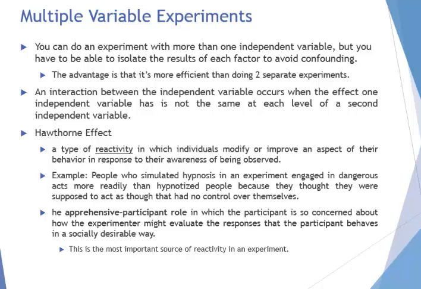Well, instead of just testing taste, you also want to test the effect of the label. So here you give all the subjects the bottle with the label on it. And so now, when you ask them which one is better, you're testing for the effects of both the taste and the label. Now, of course, you want to keep all the other variables constant. You want to make sure that they both have the same level of thirst, and they're both approximately the same age, and maybe approximately the same weight. I mean, you want to obviously keep all the other variables constant, but you might be able to test multiple variables